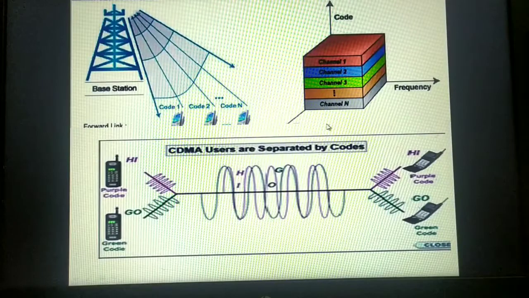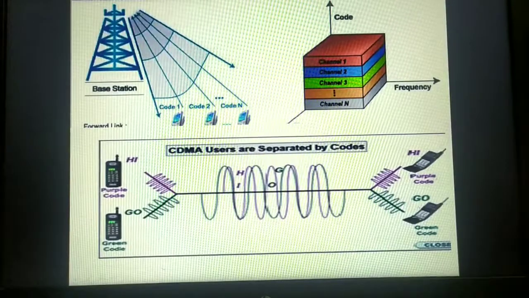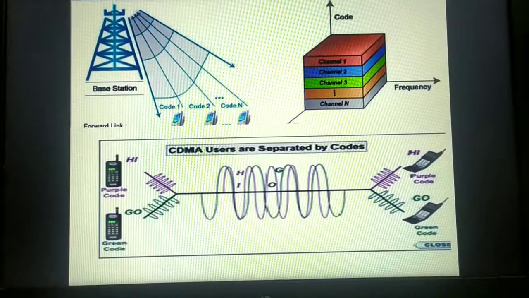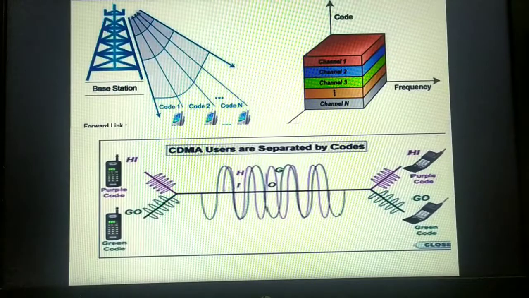Now all this CDMA is based upon the technology known as spread spectrum. CDMA is one of the digital cellular telephone technologies that uses a spread spectrum technique. The spread spectrum technique allows each user to completely use the channel at any specific time. And how is it forwarding the data? By generating a pseudo random code. So this is all about CDMA.